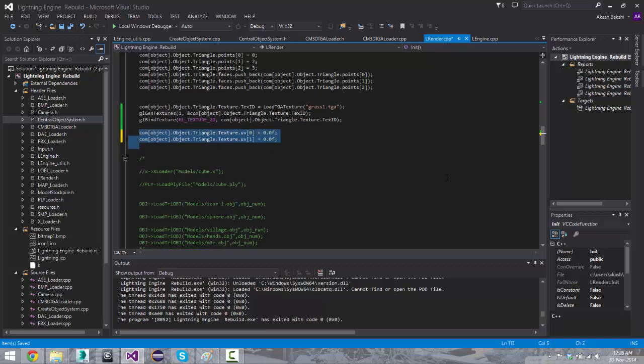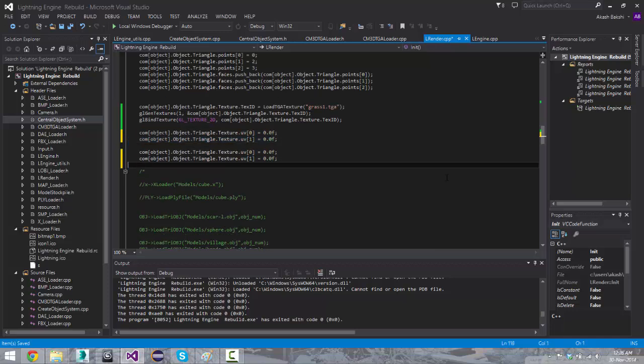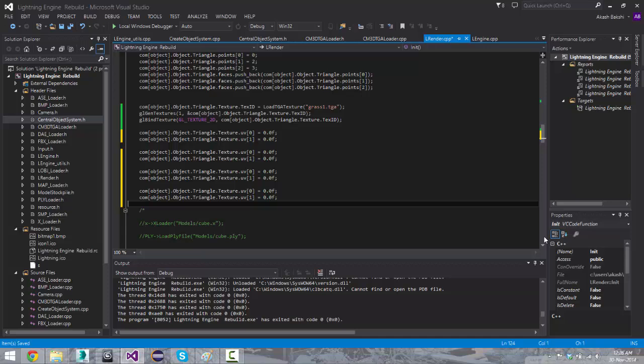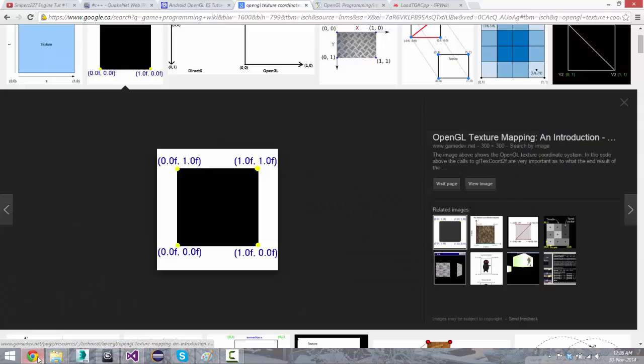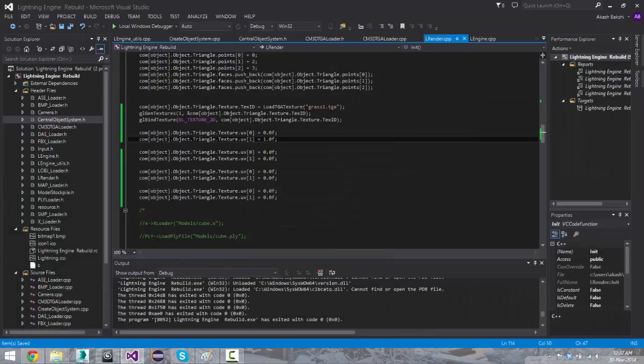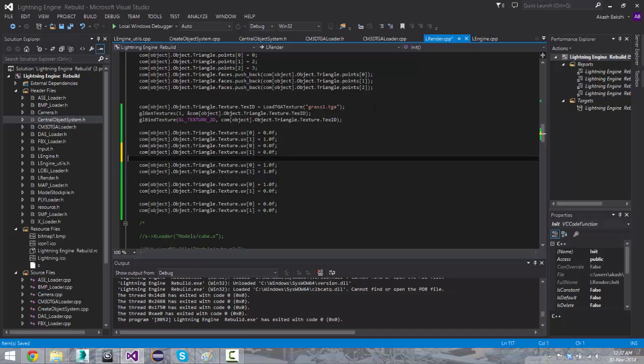Paste this 4 times to save time. Okay, so this is 1, so 0, 1, 1, 1, 1, 0, 0, 1, 1, 1, 1, 0, and then 0, 0, and then don't forget to